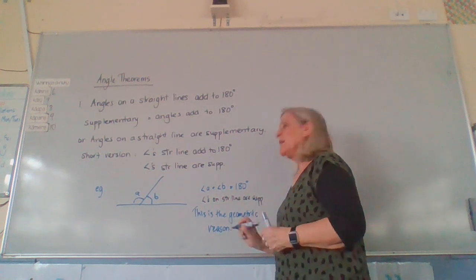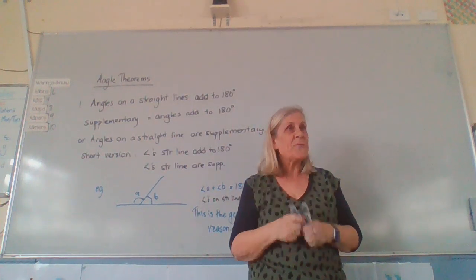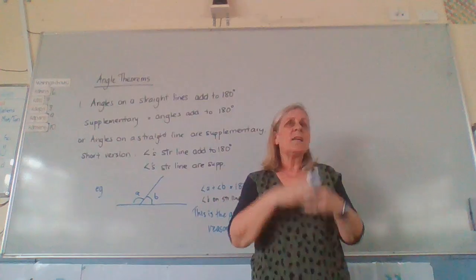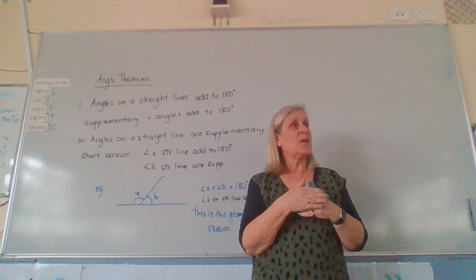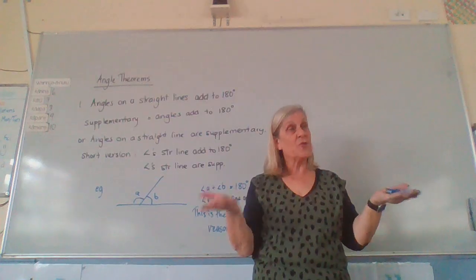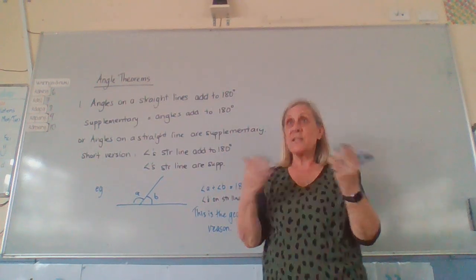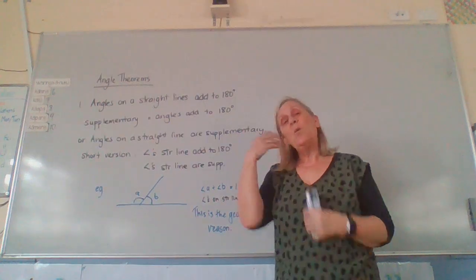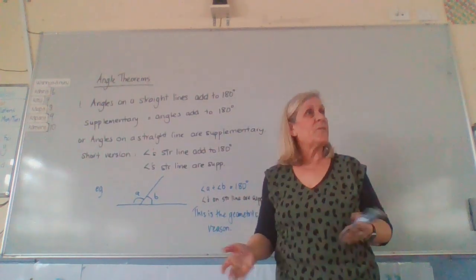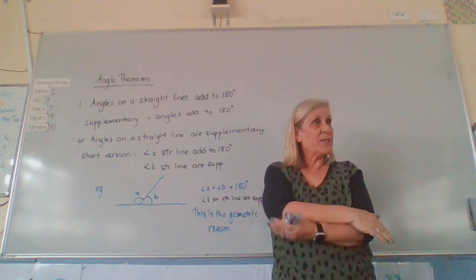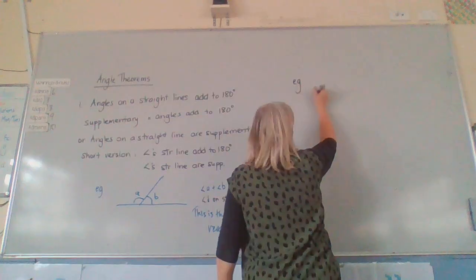So it was pretty obvious through the whole of life when they were drawing in the sand. Once they decided that a whole circle was 360 and a half circle was 180 degrees, then this was pretty obvious. Okay? There's no doubt about that, but we still have to pretend that we are the new discoverers of it. Why does it happen and how does it happen? What's the reason behind it? So we use it to find